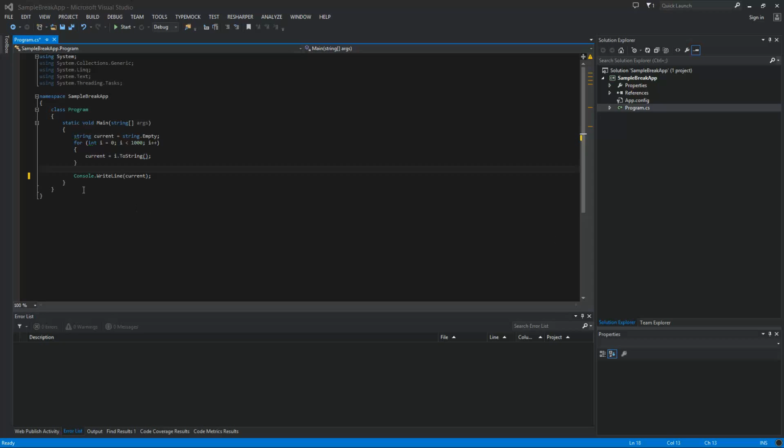I've created a very simple application. In here you see the string, which is initially set up to string empty, and here is the loop. Going through the loop, the string current is set up to the value of I. And at the end I'm writing on the console the value of the current string. So when I set the breakpoint in here and start debugging by hitting F5,